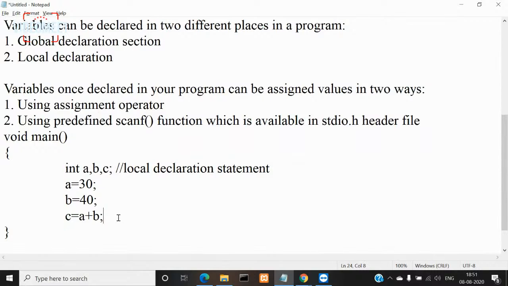So now, how to display it on the screen? I have to display this output on the screen, right? Sum of A and B, sum of 30 and 40 is so and so. I have to display. So to display, you have a predefined function called printf function. Right? So let me put here